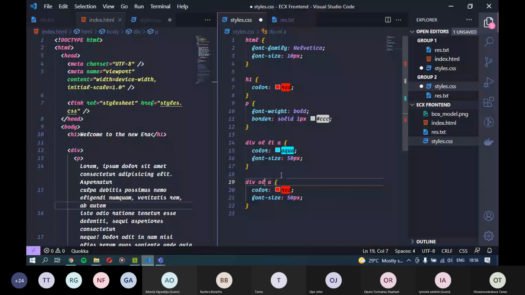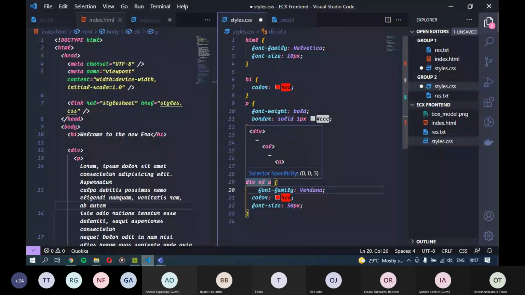By the time it gets here and sees that this one has a lower specificity, it's not going to say it's not going to read the style. It's still going to read the style because there's a chance that we can have something like, let's say we change our font family in here now to, I don't know, Verdana. If we change our font family in here, we've not set the font family anywhere before. So it's going to apply this one, because we've not applied it anywhere